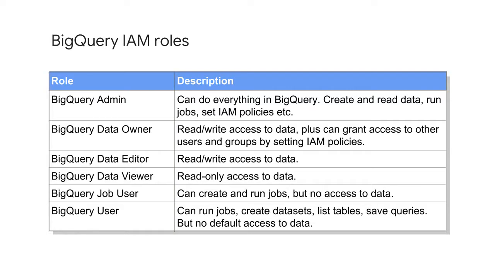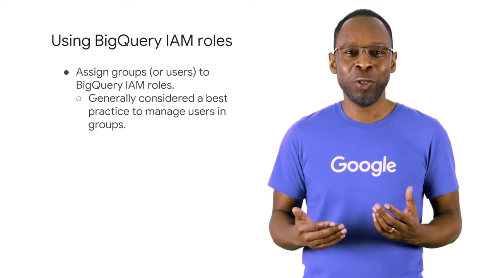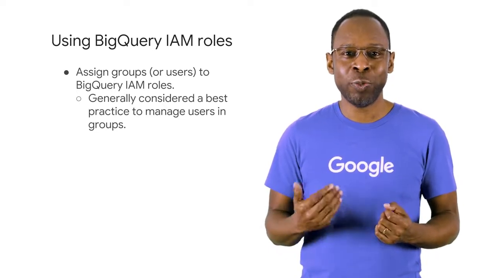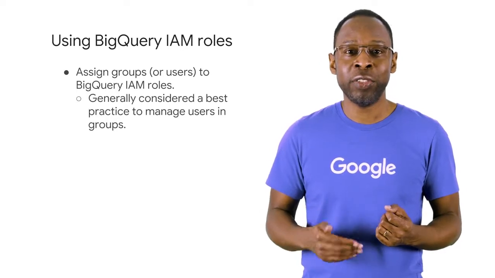A few of the BigQuery IAM roles are shown here. Notice how the role names are mapped to job functions such as BigQuery Admin or BigQuery Data Viewer. When using BigQuery, you can assign IAM roles to individual users or groups. It is always better to assign roles to groups, as it will be much lower operational overhead to manage groups